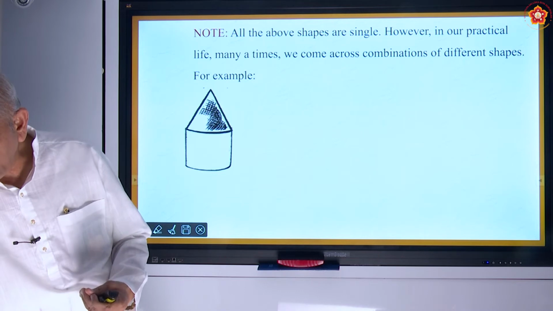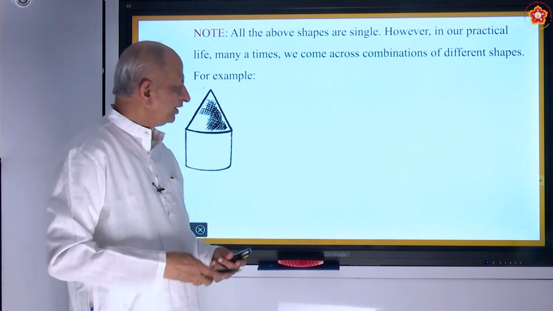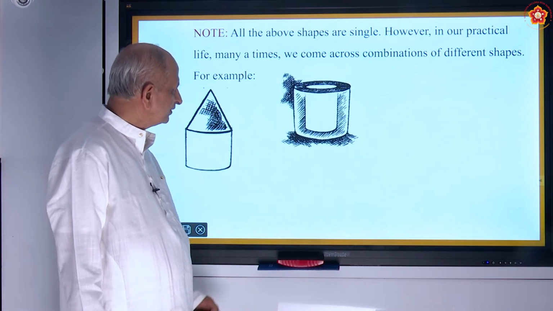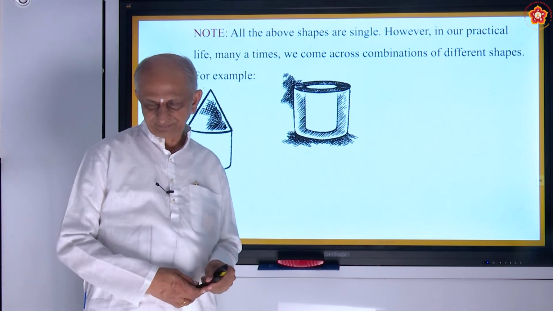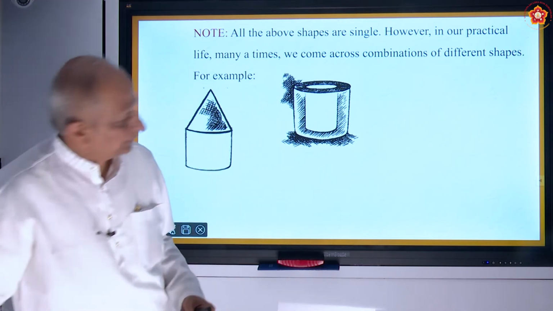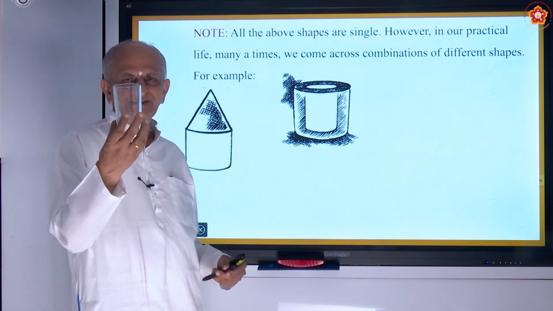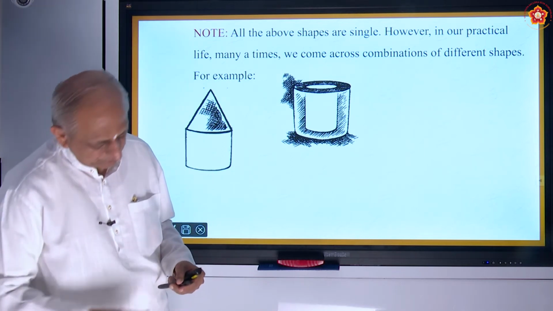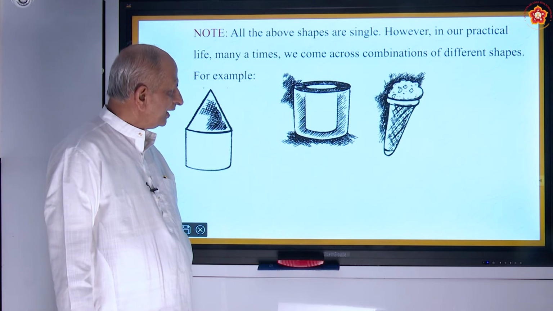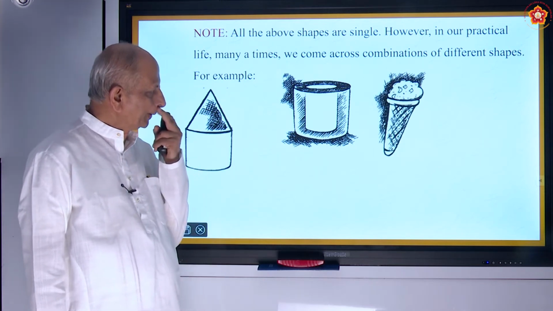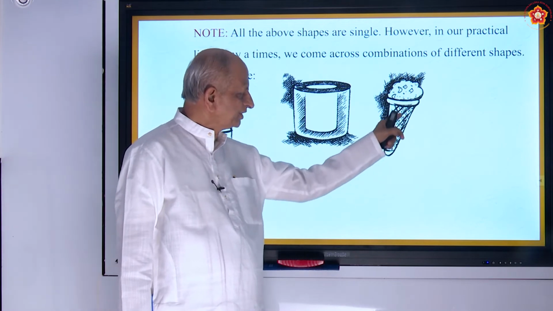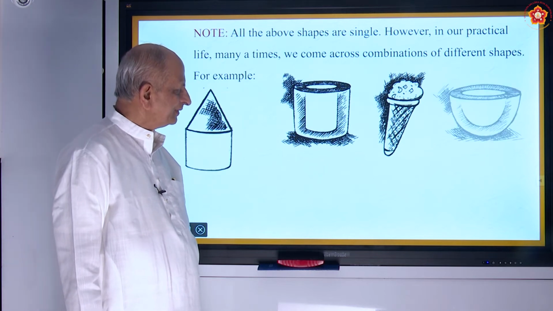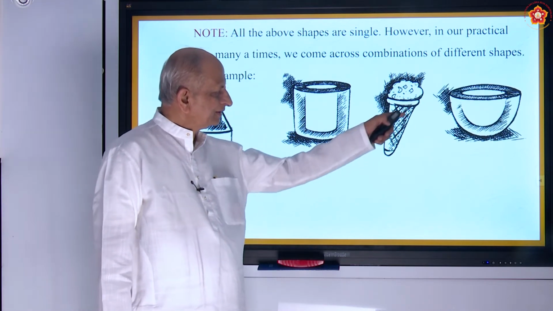You might have seen Santa Claus having a peculiar type of cap. So what is this? This is a glass tumbler. Something like this. Correct? So that is also an example for cylinder which is opened at the top. And this is ice cream again. This is a conical shape. This is something like a sphere, approximately, not exactly, but in a combination of solids. This is a hemisphere